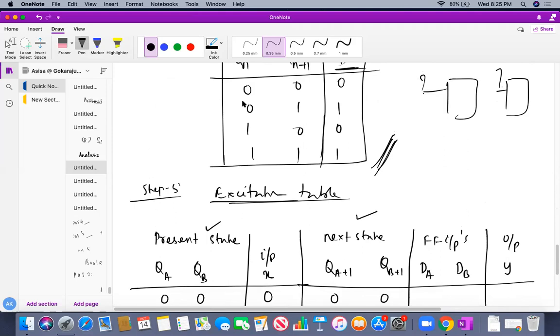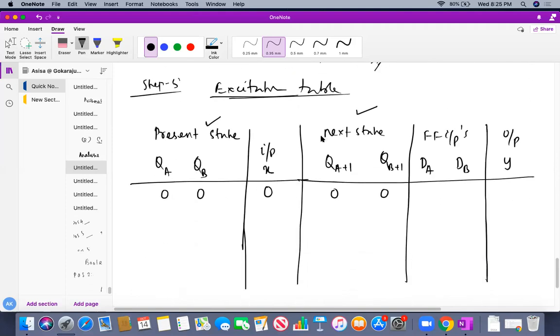Do you understand here? Qn is present state. This is my present state. And this is my next state. Okay. Qn is present state. Qn plus 1 is next state. If it is 0, 0, what is my D? My D is 0. It depends upon Qn plus 1. So obviously it depends upon QA plus 1. So my DA is nothing else, it depends on QA plus 1. Why? Because Qn plus 1 is D as per the characteristic equation. Okay. So we just have to write down this. Because QA plus 1 is DA. Similarly, QB plus 1 is DB. Okay. Do you all understand this?